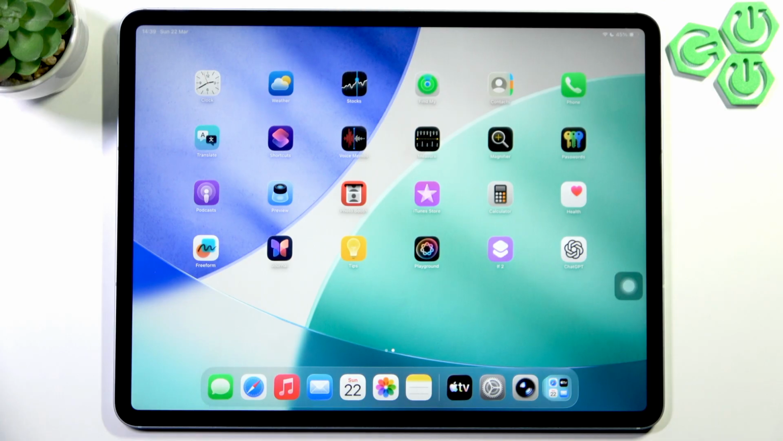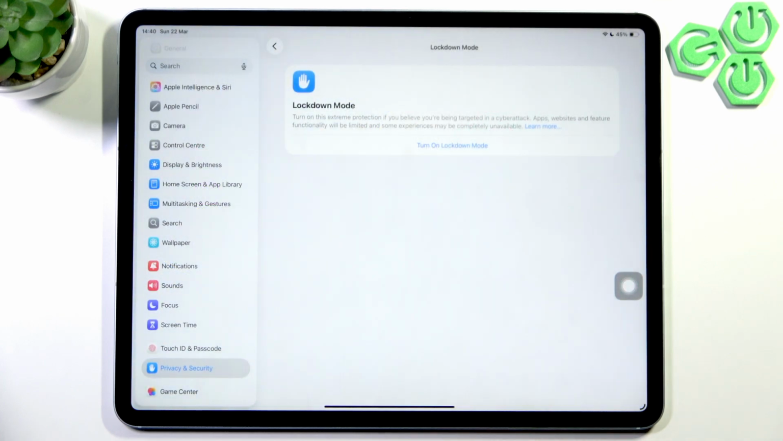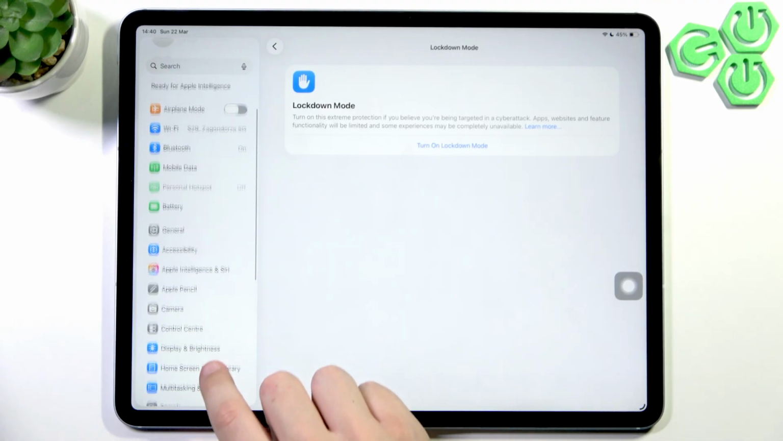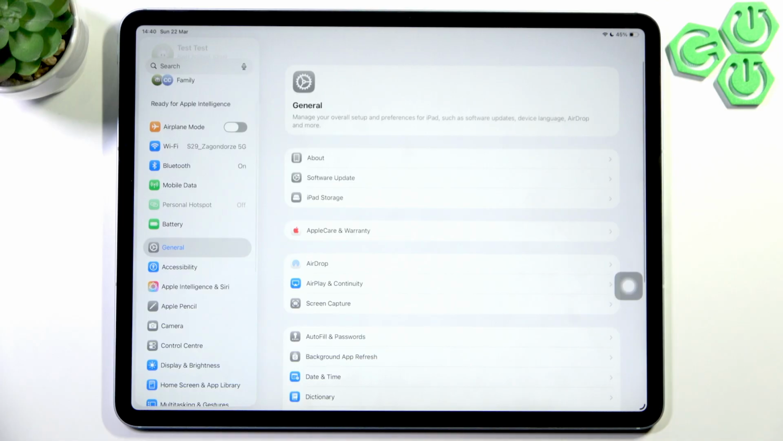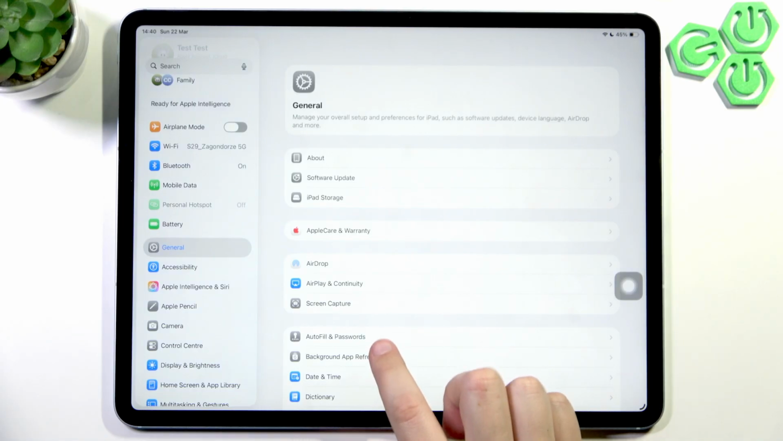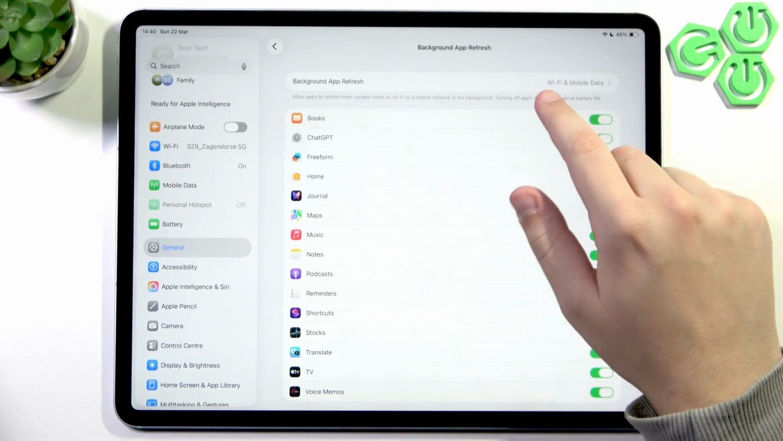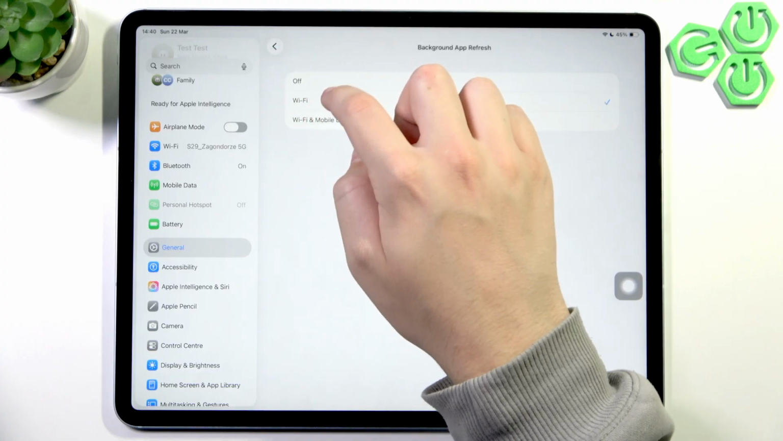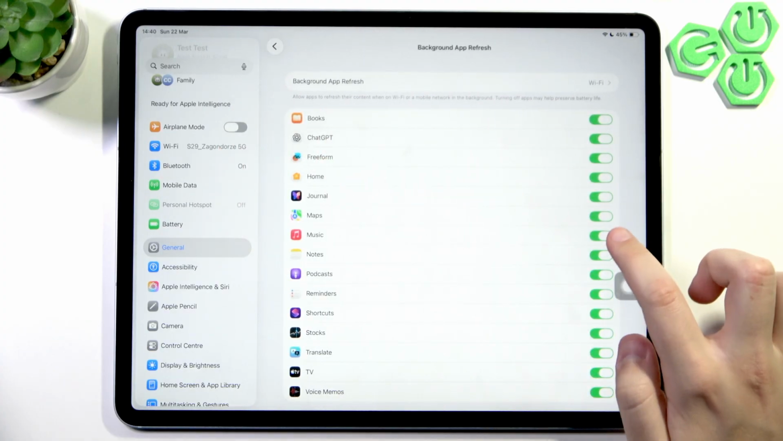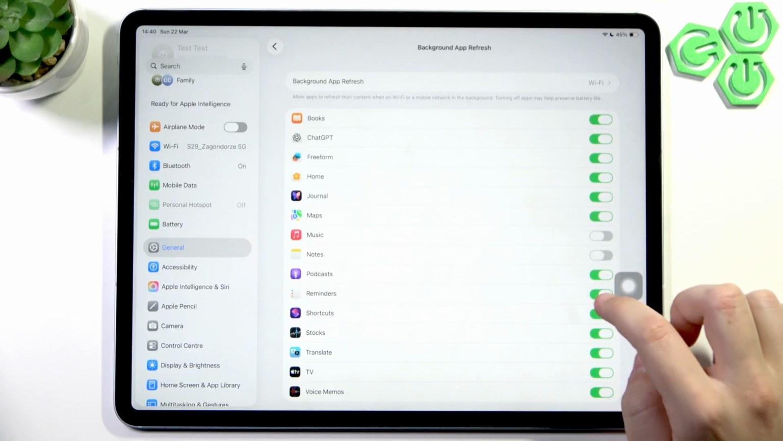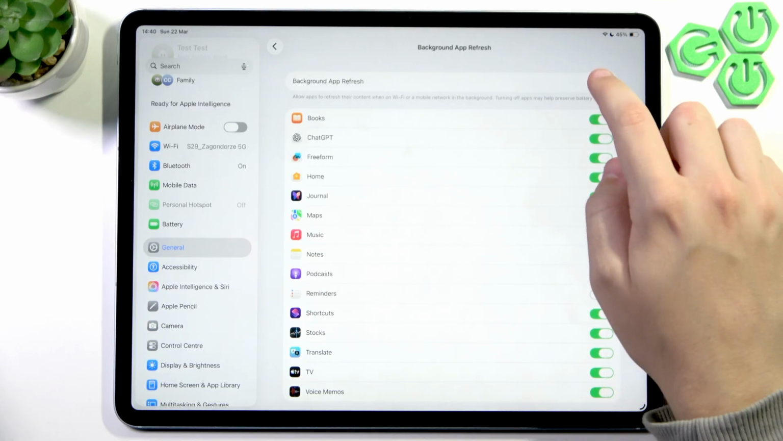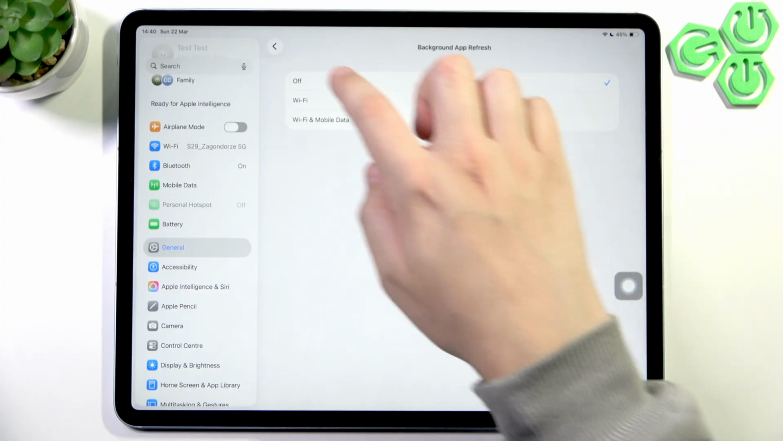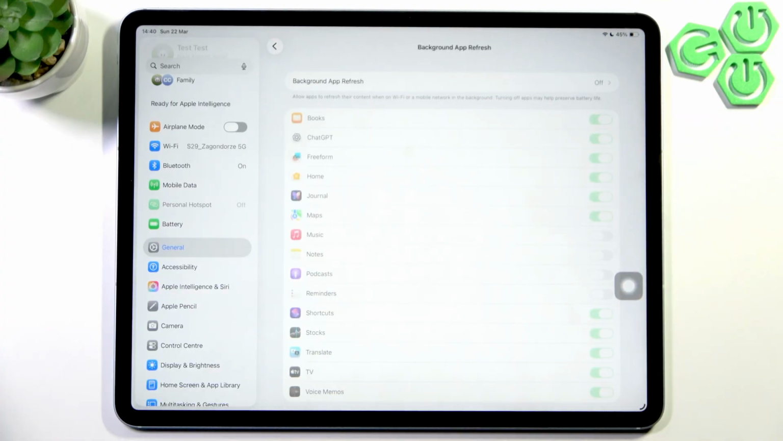So what we need to do in order to get it done, we need to go to the settings, and here in the settings, we want to go to the general section, and here we simply go to background app refresh. Here instead of Wi-Fi and mobile data, we'll select off, and you can also select Wi-Fi only, for example, and you can disable some apps that you don't want to update in the background. I recommend turning it off completely because of course it will give you a performance boost and